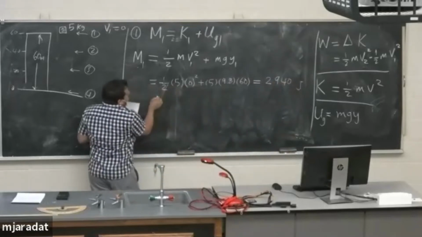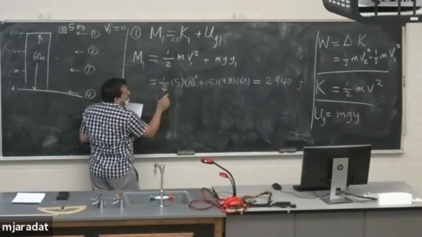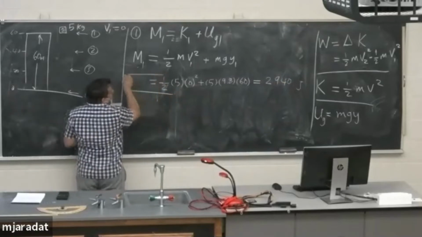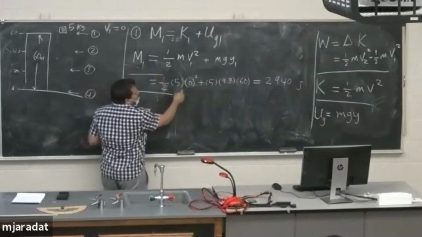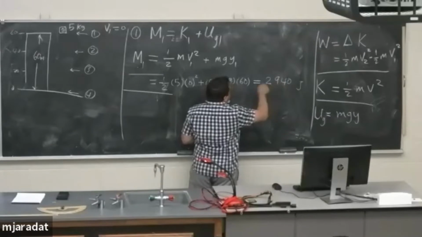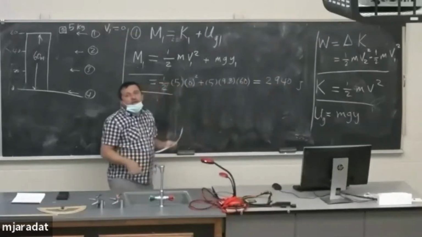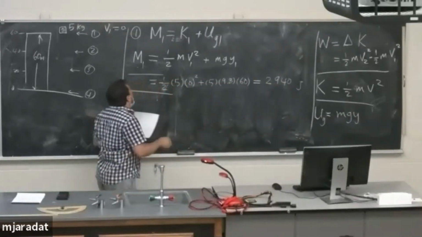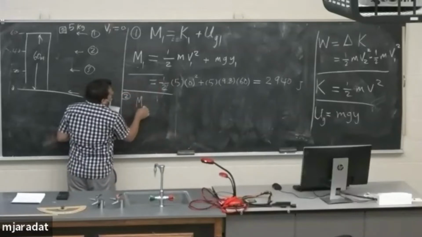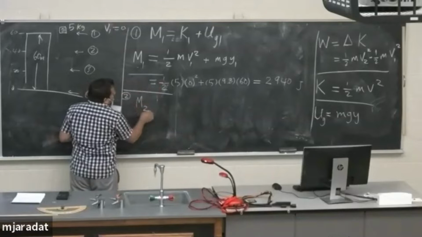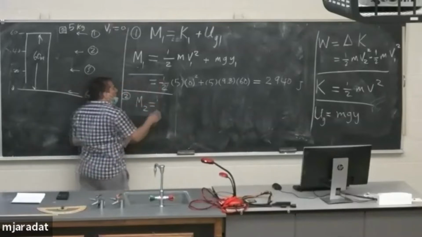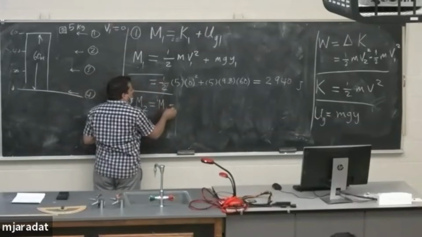The kinetic energy is equal to 0. The potential energy is equal to 2,940. All of the energy is potential energy. Now at point 2, the mechanical energy at point number 2 should be equal to the mechanical energy at point number 1, which is equal to